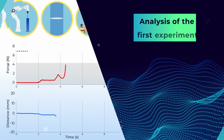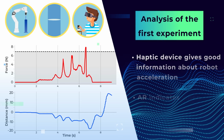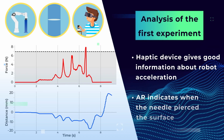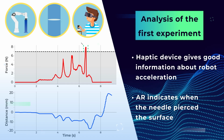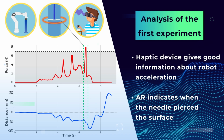In the first hypothesis, we assume that haptic feedback facilitates motion stopping for cases when a robot rapidly changes its speed during contact with the surface. We discovered that a haptic device indeed gives good information about robot acceleration during the penetration experiment. So once the needle pierces the surface, the haptic feedback allows us to hold back the robot immediately, while AR